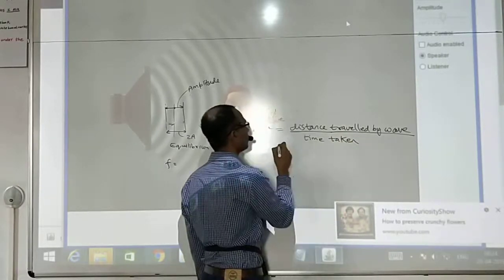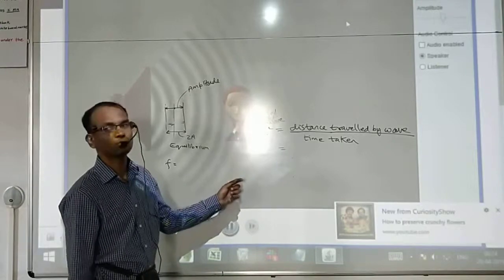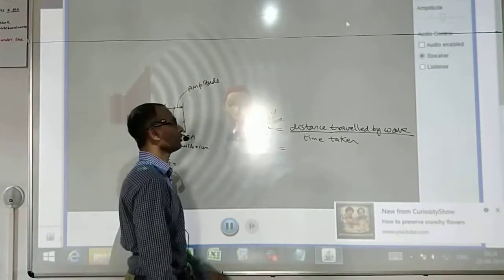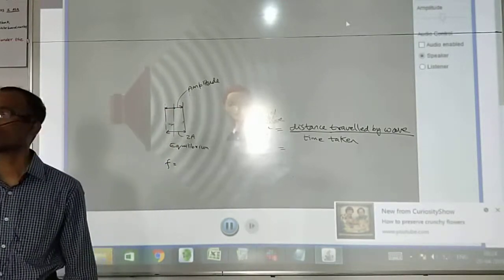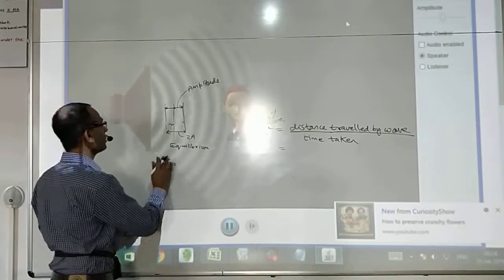So is there any difference between speed and velocity? Velocity refers to speed with direction. Okay? So now distance traveled by a wave, instead of keeping it random and arbitrary, we want to have a formula which we can use, right? So for a wave, when it travels,